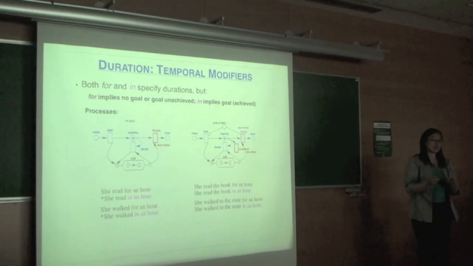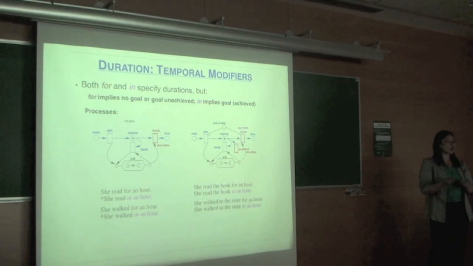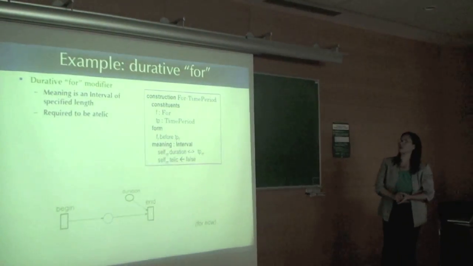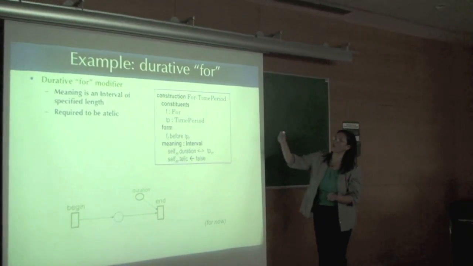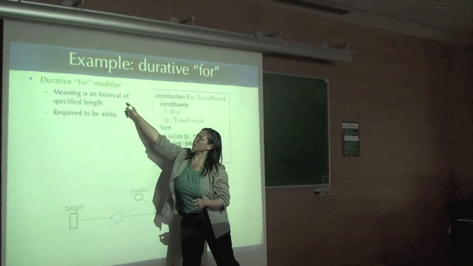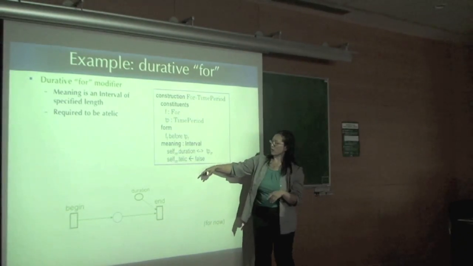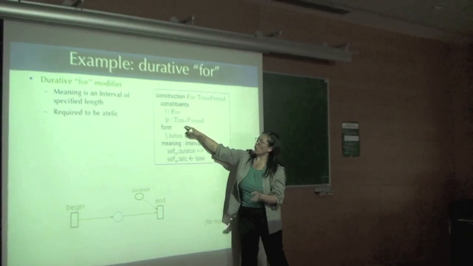So then, again, maybe you can predict that when you try to write this down for language, to sort of say what role, how do they differ, or what does for look like? Something about for is, there is a time period, okay, and I'm telling you how long it was. Okay, so again, this notation just says, I have this word for, and I have time period.